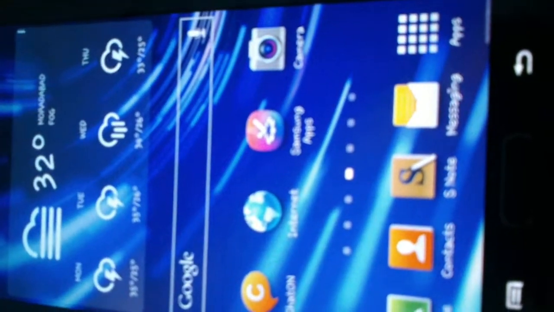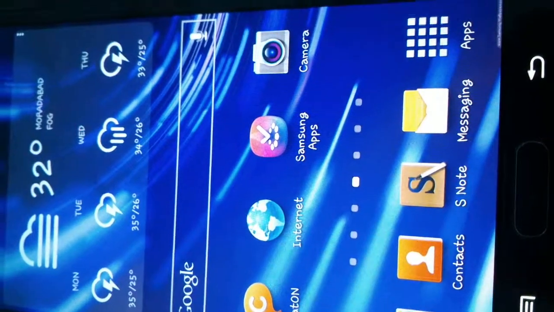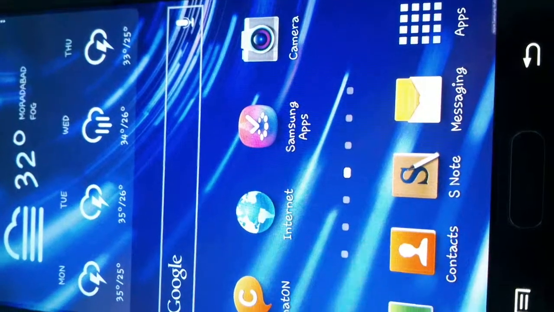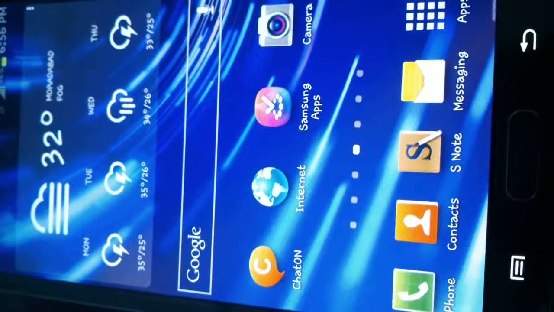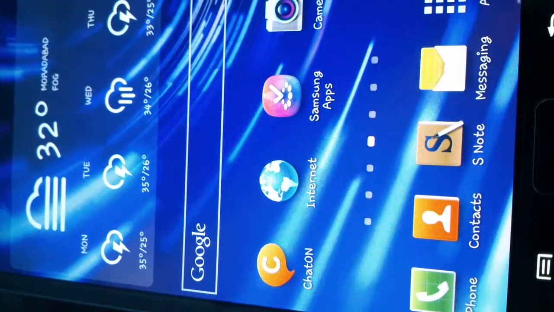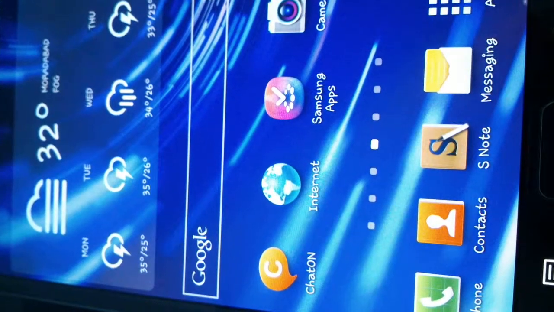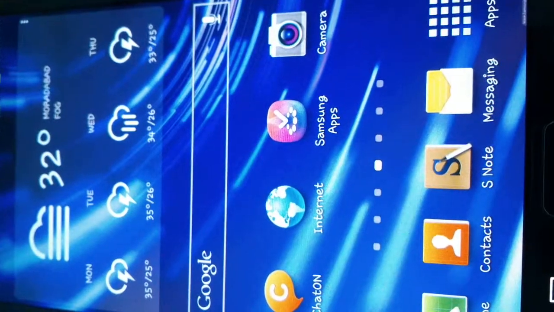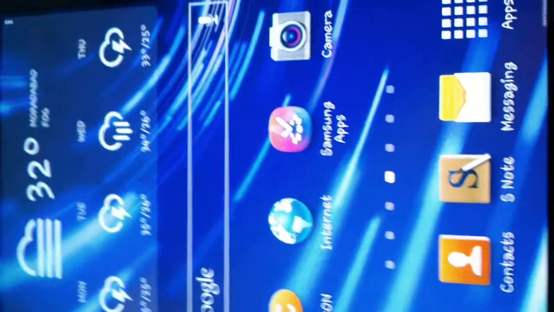Hi guys, today I'm gonna show you how you can make your in-app purchases free, not using the Freedom app. Since the update of the new Play Store, the Freedom app is not working. I have made a video regarding how to use the Freedom app with the new Play Store, but for some users it's getting into problems.